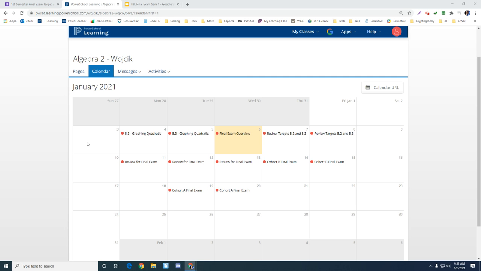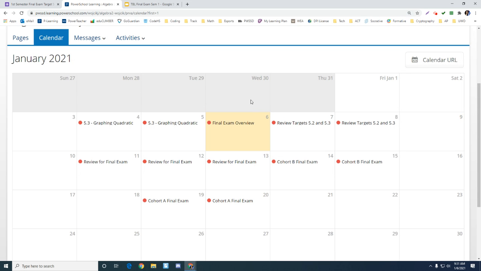All right, so we're almost at the end of the semester. It's pretty exciting. Today, I want to just talk about what's going to happen over these next couple weeks, and basically what this final exam is going to look like. All right, so I've got the calendar up for you right here,